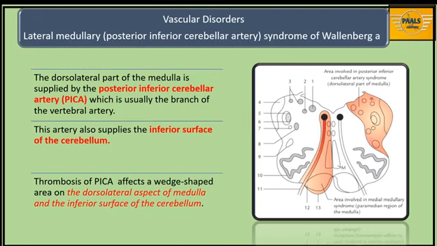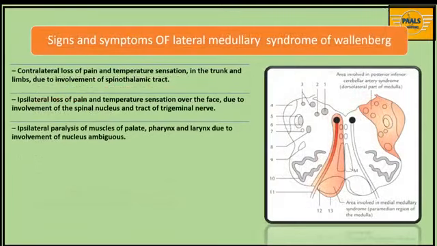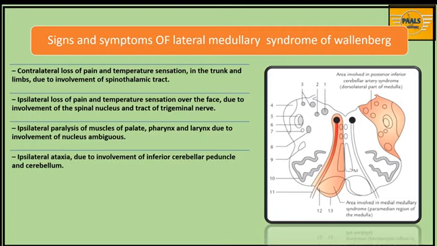This artery also supplies the inferior surface of the cerebellum. Now, when there is thrombosis of this artery, it will affect this wedge-shaped area of supply on the dorsolateral aspect of the medulla and also the inferior surface of the cerebellum. There are signs and symptoms of lateral medullary syndrome of Wallenberg. Some of those include: